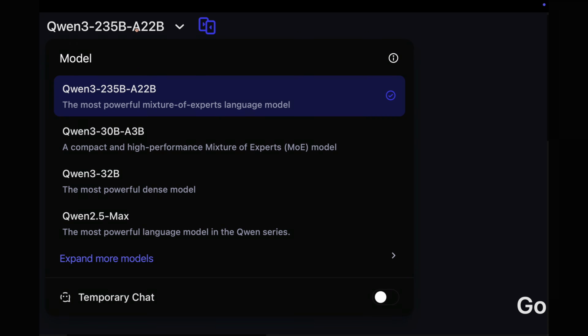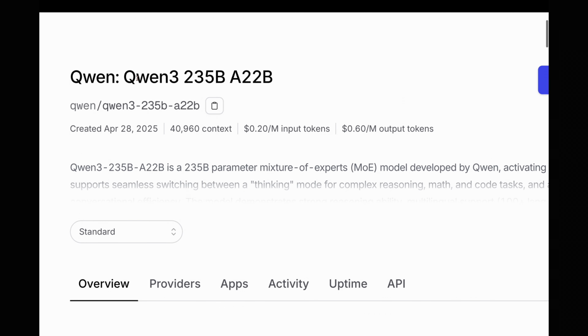This model is available for free on the Qwen chat website. So is it the best free model to use? Is it better than Gemini 2.5 Pro? And should you switch to Qwen? Let's find out. If you talk about the pricing, on OpenRouter, its API pricing is $0.20 per million input tokens